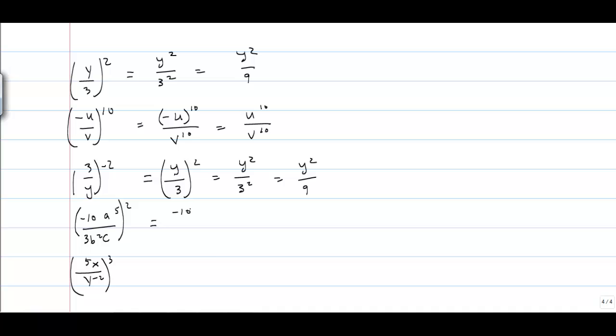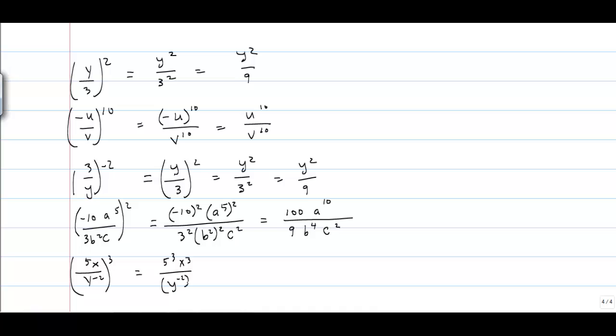I'm going to take that squared and apply it to each and every factor. And now I'm going to do some simplification. Negative 10 squared is just 100. A to the 5th raised to the 2nd power is a to the 10th. That's 5 times 2. 3 squared is 9. B squared raised to the 2nd power is b to the 2 times 2, or b to the 4th power. And finally, c squared. Then we have 5 to the 3rd, x to the 3rd, divided by y to the